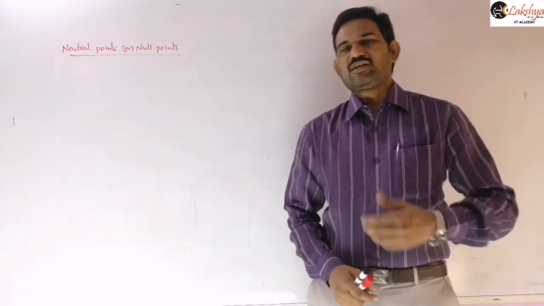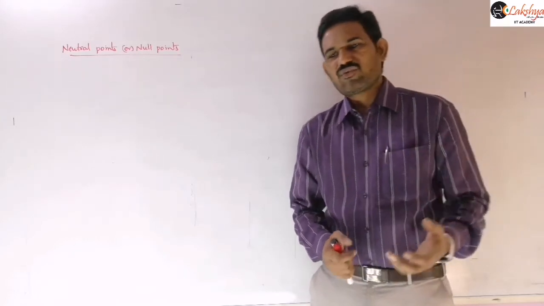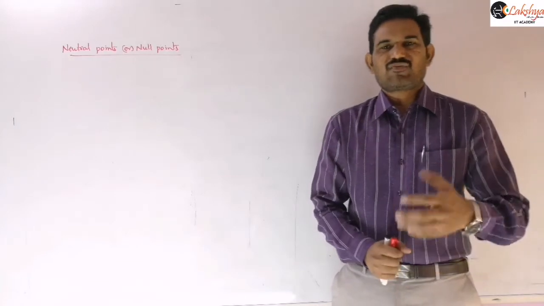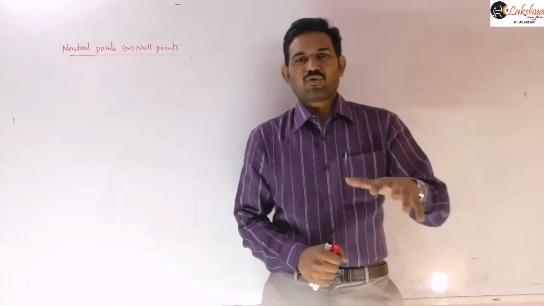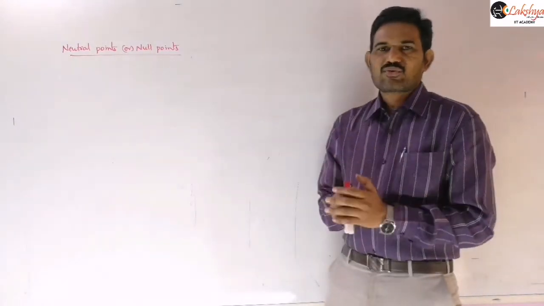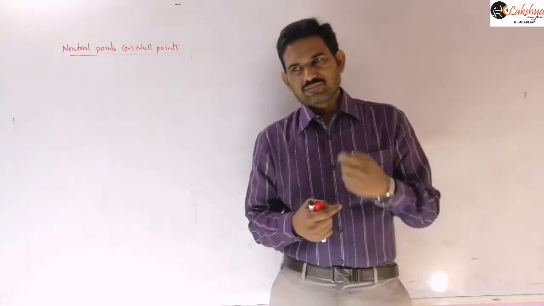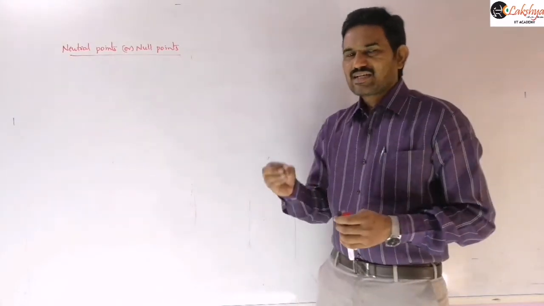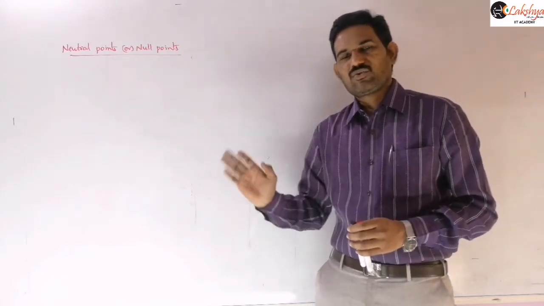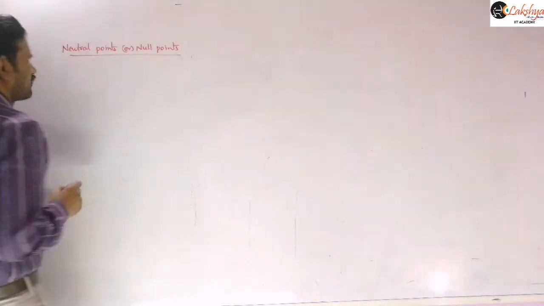Generally, regarding the fields, we define neutral points or null points when two or more fields are there in that region, such that if the resultant electric field or magnetic field is zero, then we can call that region or that point a neutral point. So we define that in electrostatics. Here also it is the same: when two or more fields are acting such that the resultant field is zero at a particular point, then you can call that point a neutral point, right? Now here just write the definition.